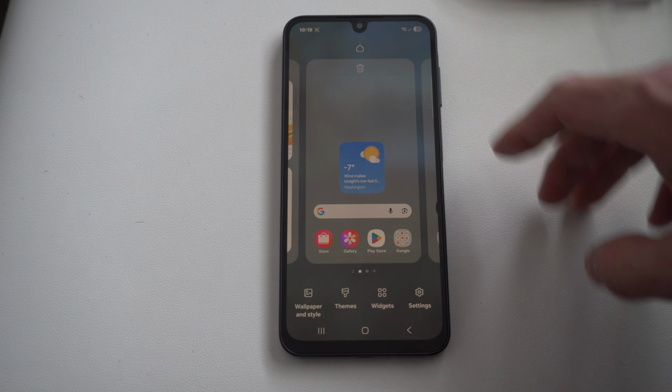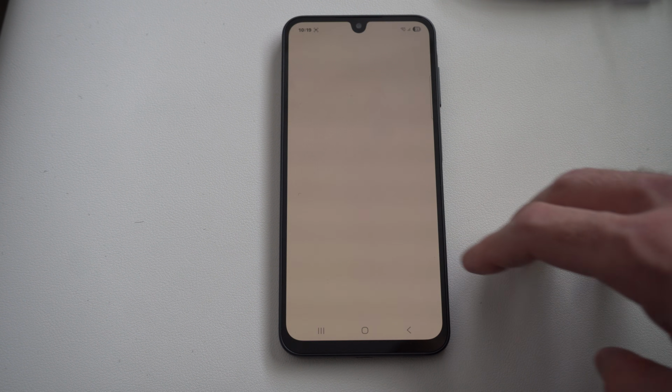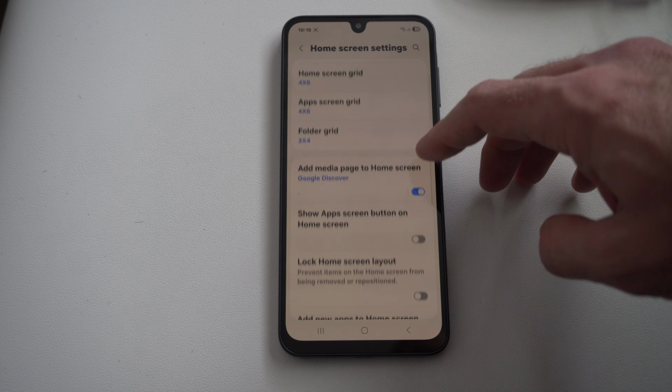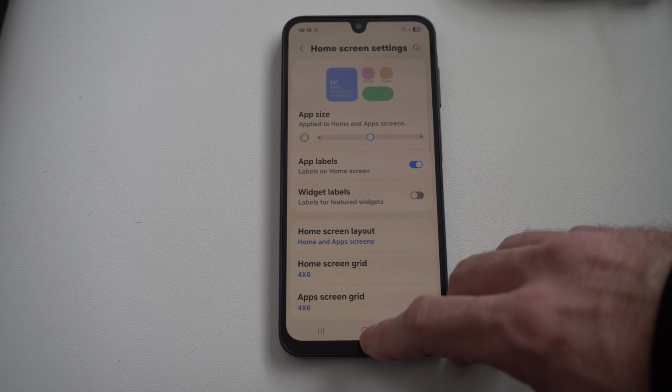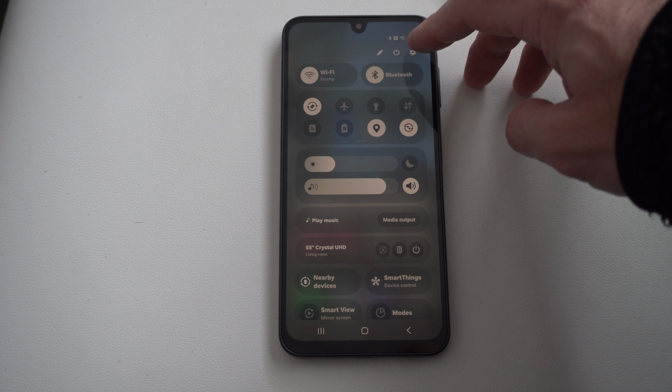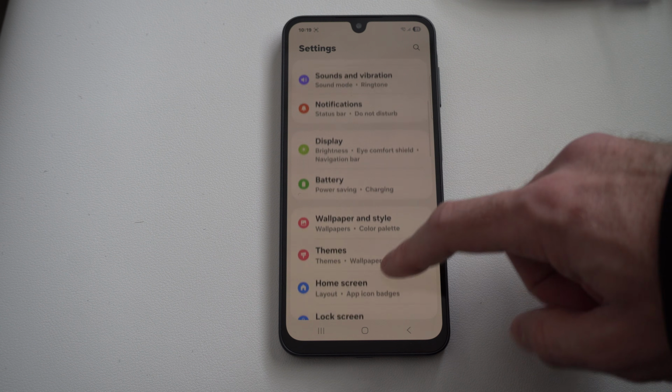Today in this video I'm going to show you how to fix your home screen layout. Now you can go into the settings here and stuff, but the best way to fix this is just reset everything. So what you want to do is just go to the top, go to settings, scroll on down to